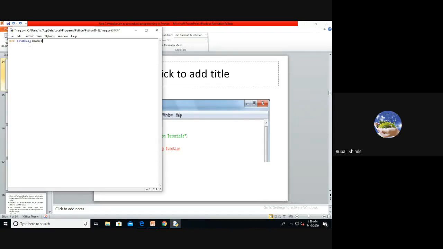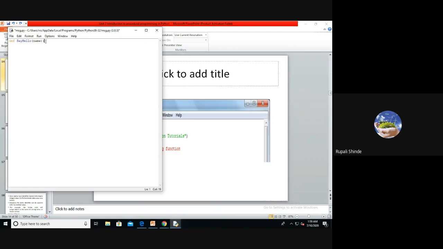If it is a function definition, everybody knows that means we have a block after that. So I have to write a colon here. It indicates that it is the start of a block. After that, your cursor automatically starts from a different position. It will automatically keep some white space for the indentation.